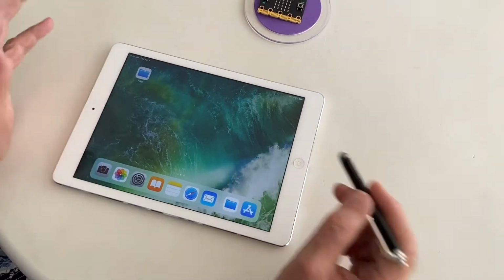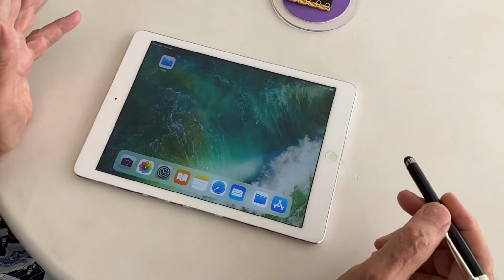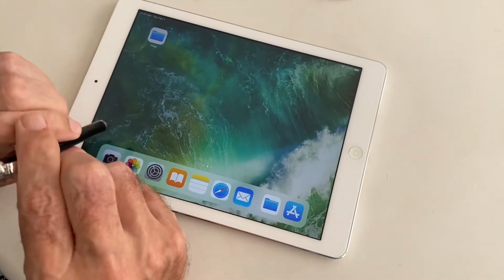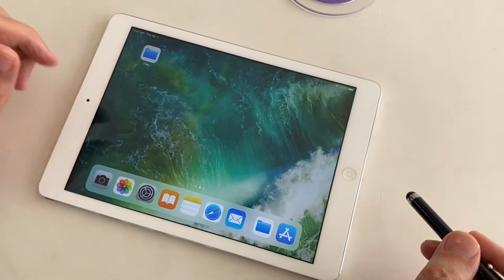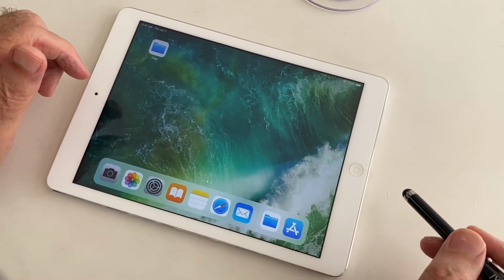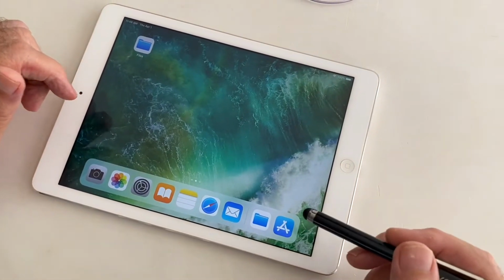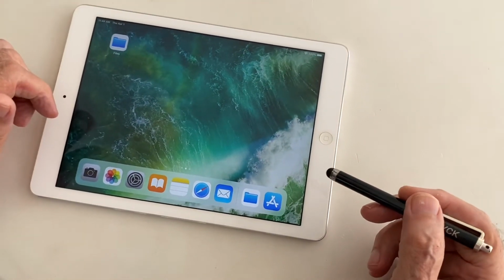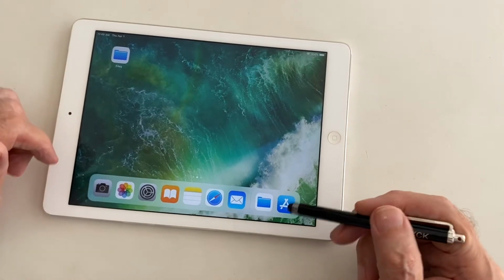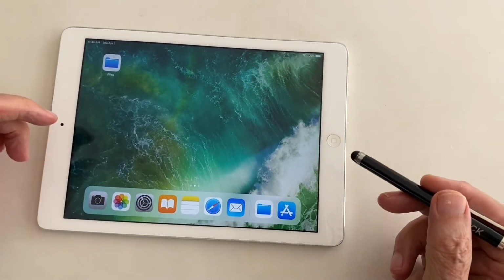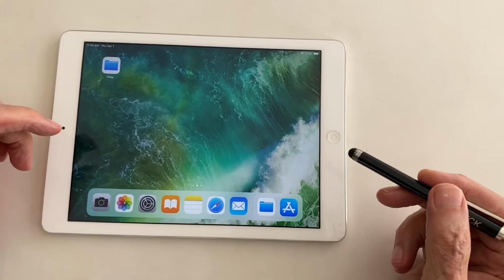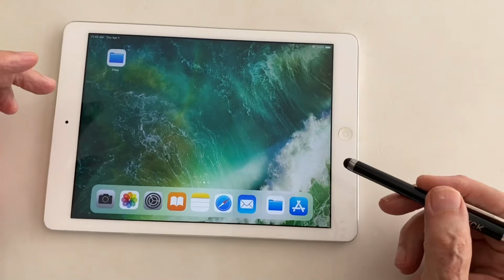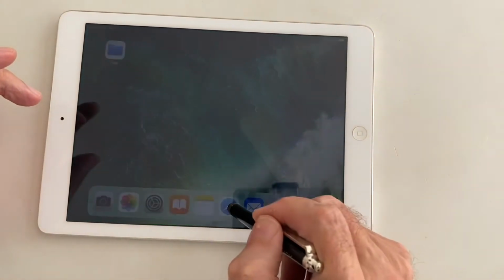So here is just a blank iPad, hardly anything's installed on it. I have included something called files, and we're going to find that a little bit interesting and useful, more than interesting, to store the little programs we create locally, or even on the iCloud, or even on OneDrive, or any place you'd like. But let's first of all see if we can get a copy of MakeCode for the Microbit. What I'll do is launch the browser,